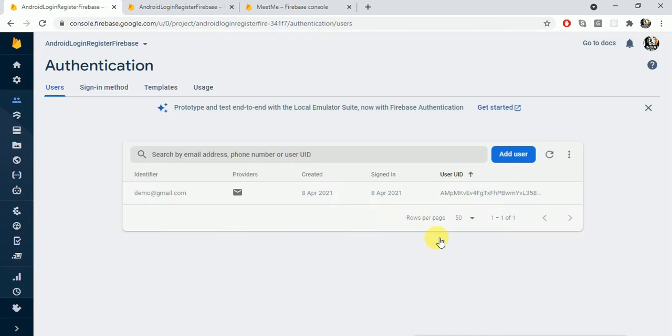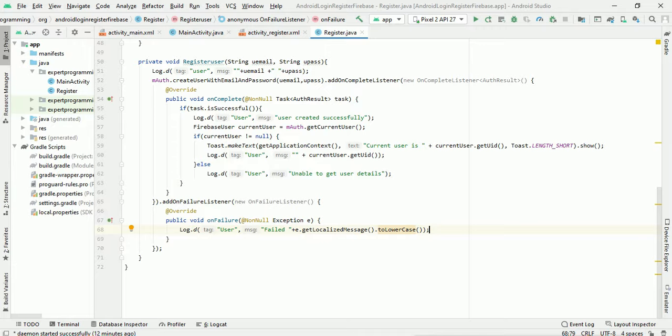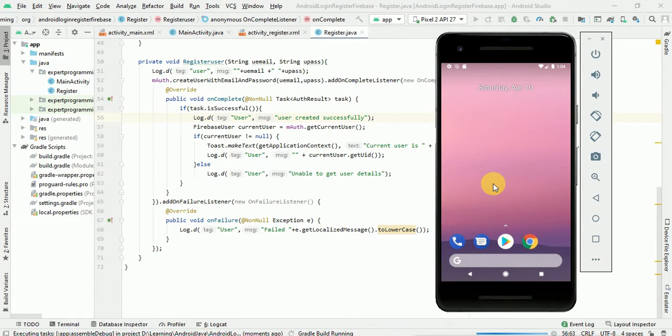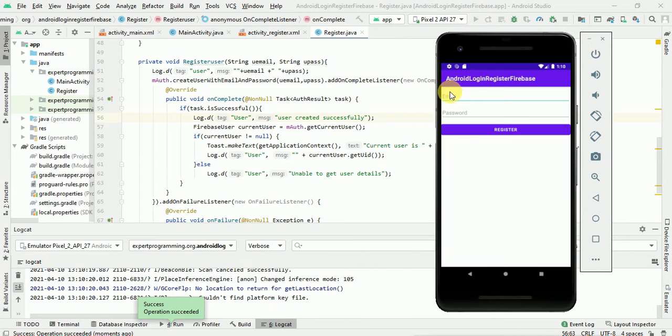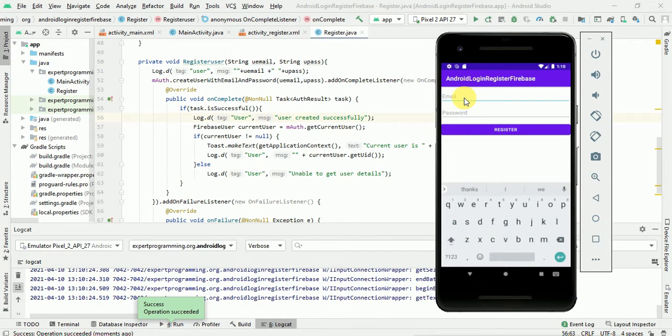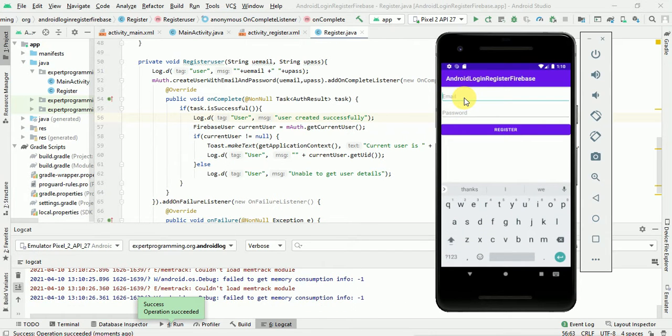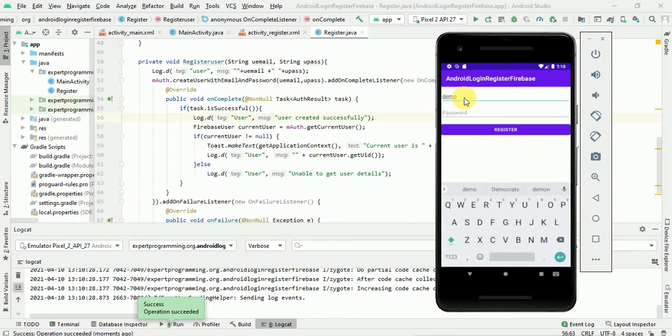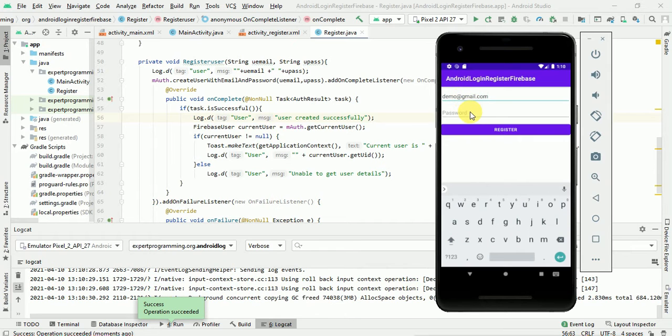Let's delete this user. And now I will run this app. This code is also available on GitHub, and the link is provided in the previous video, so if you want, you can get the code from GitHub. I'll run this app just for understanding purposes. Okay, so we are getting email and password fields for the registration. As I have shown in the previous example, I will show here also: demo@gmail.com, and the password will be demo12345678.